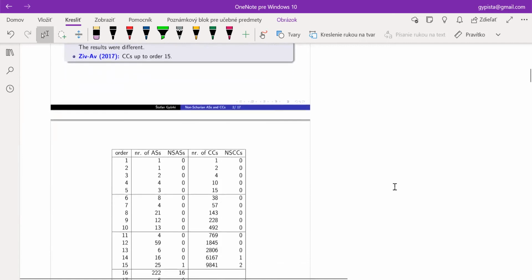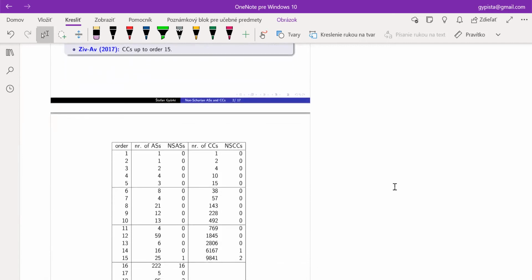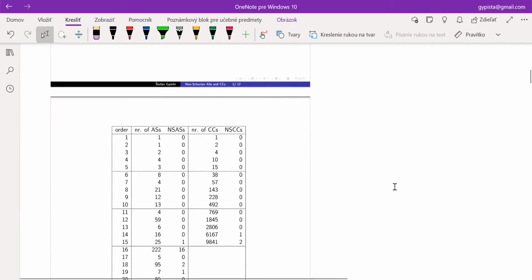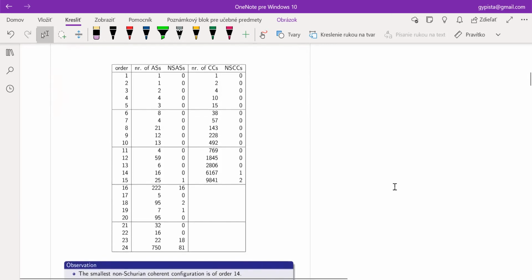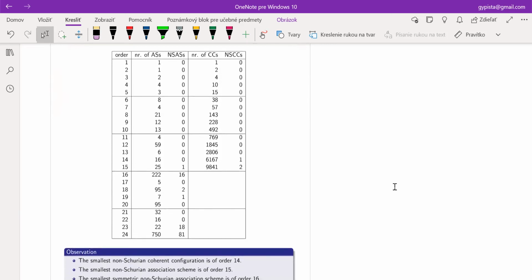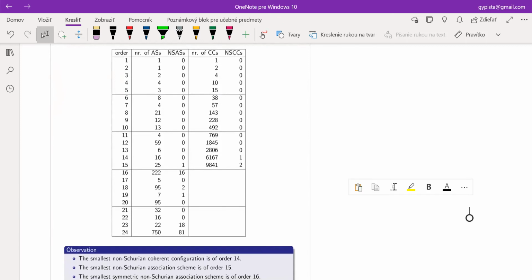So his result was widely accepted and published in Designs, Codes and Cryptography. I will give a precise reference later on. But if we join together the catalog of Hanaki and Miyamoto and this enumeration results by Matanzival, then we can create a table